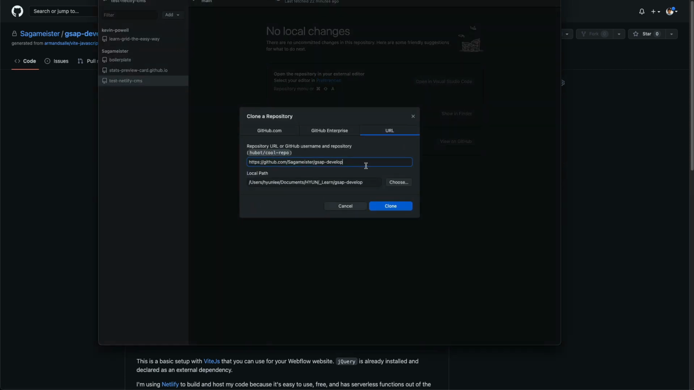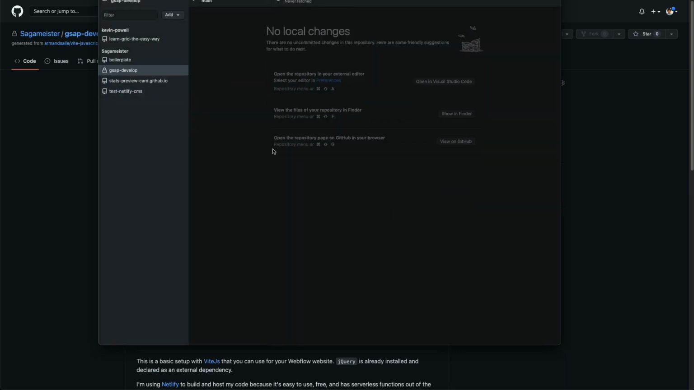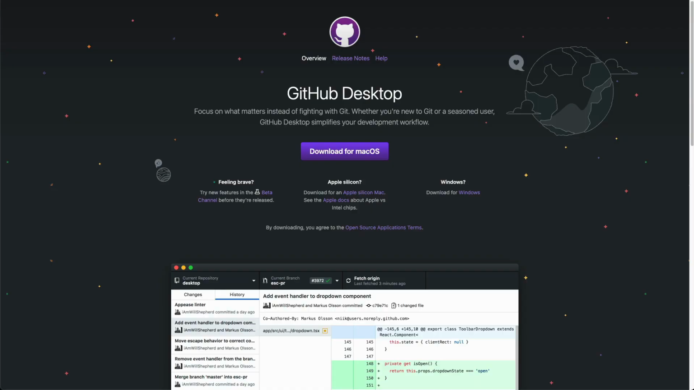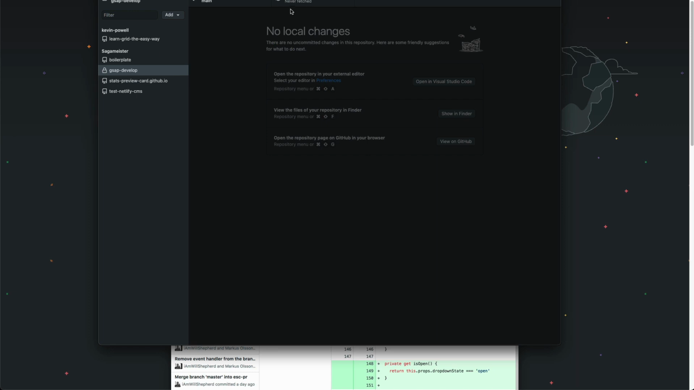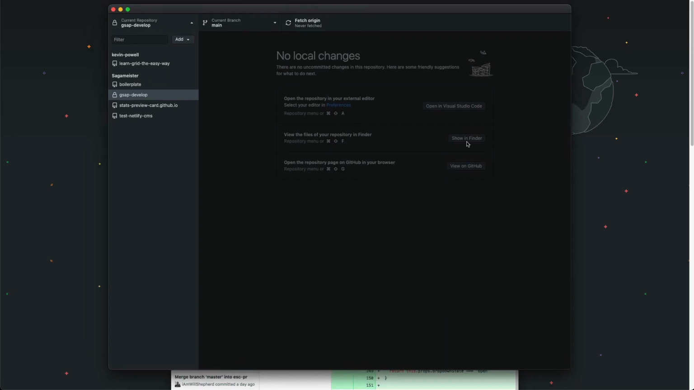So if you click it and just hit clone, so we want to clone it to our desktop. And this software is called GitHub Desktop, and you could actually download it. It's for free again, and I'll leave the link down below in the description. It's called GitHub Desktop. So once you install it, you should be able to open it up here, and you